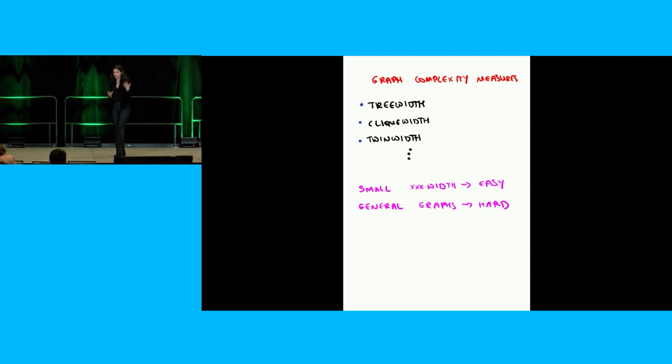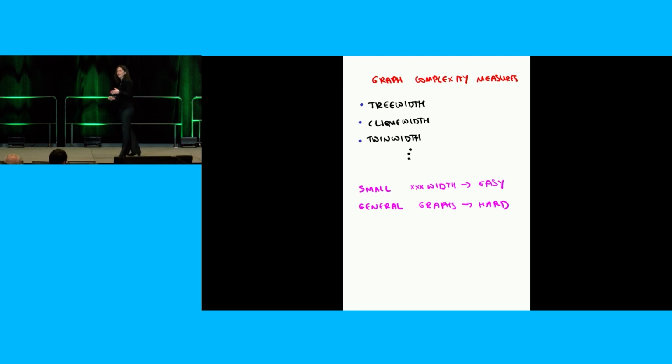But what I can say in 2 minutes is that I'm looking for complexity measures that would have the property: if this complexity measure is low, then I can solve hard problems efficiently. That's something we all understand. And so let's stay with that definition of what a good complexity measure is. So tree width is one of them, because of dynamic programming. There are several others. Tree width is not the only one.